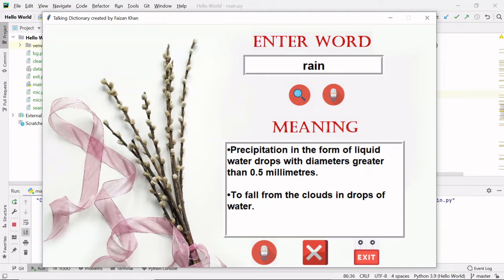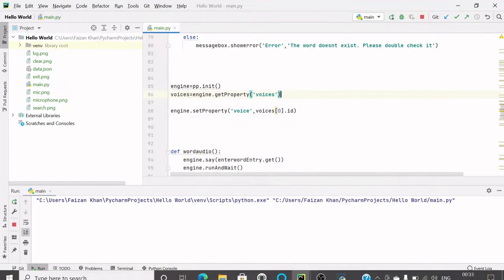One more thing, if you notice, we have not added this bullet symbol inside my project. Okay, so let's add these bullet symbols also. So first, before the first meaning is displayed, I want a bullet symbol to appear, then the first meaning, then two new line characters, then a bullet symbol, then the second meaning. Okay, let's see how we can do that.